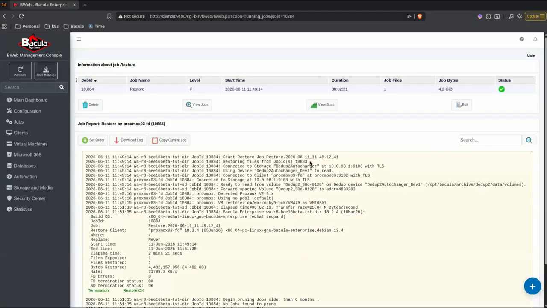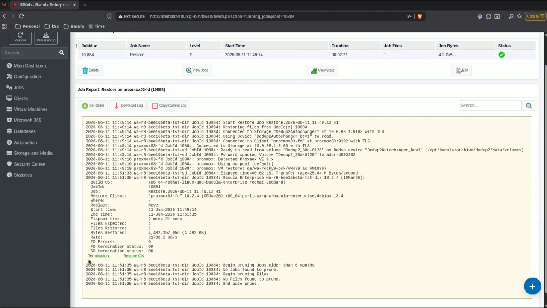Okay, the restore is finished. We have some information. Took 2 minutes and 21 seconds to complete. We can see the job log here. We can see the termination. Restore OK. That's important to know. We can see, as we saw before, the VM is going to be restored as VM10807, which we saw being